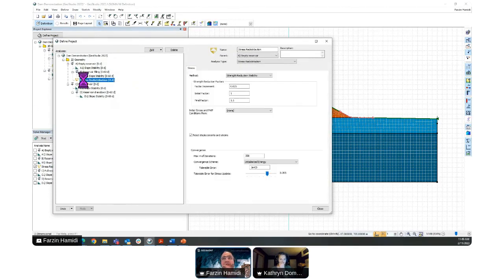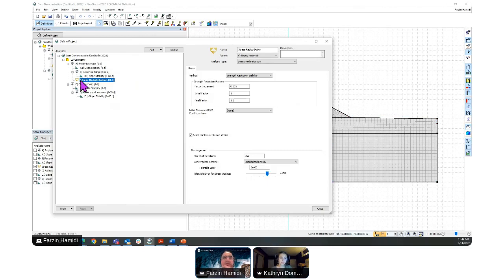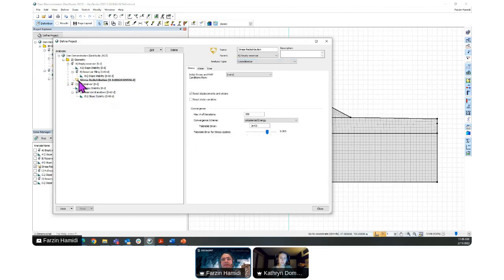For the consolidation analysis, for example, once I add a SIGMA/W here, the only thing you need to do is change the analysis type to consolidation. As I said earlier, you will see the plus sign next to this SIGMA/W. The plus sign means it runs SEEP/W and SIGMA/W together. We need to put in an initial state because it is a transient analysis for SEEP, so we have to select the parent analysis.